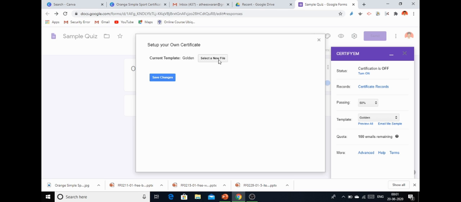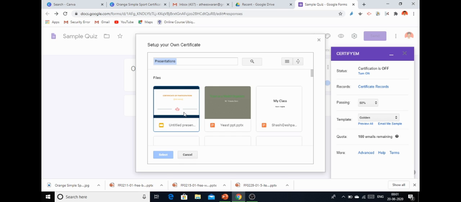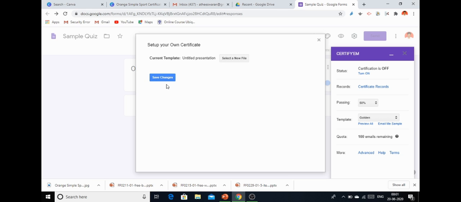For example, select a new file. It shows all the certificate files. This is the file I have selected. So I am selecting this one and clicking save.